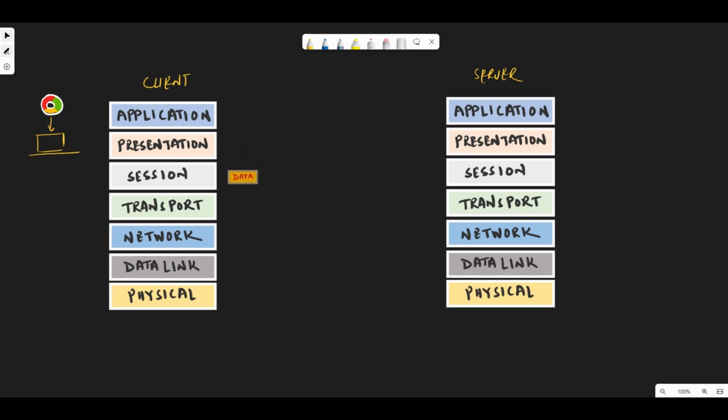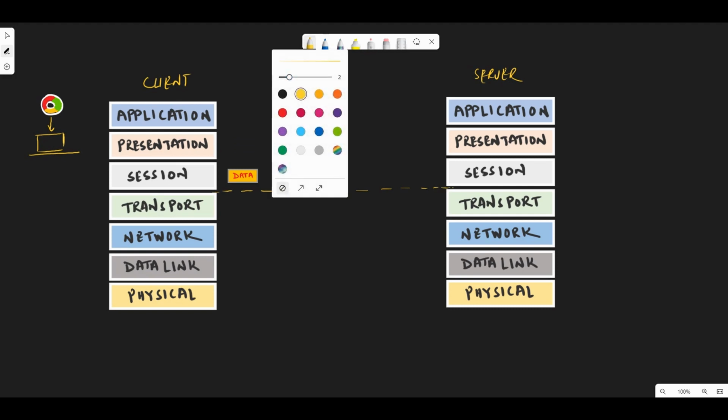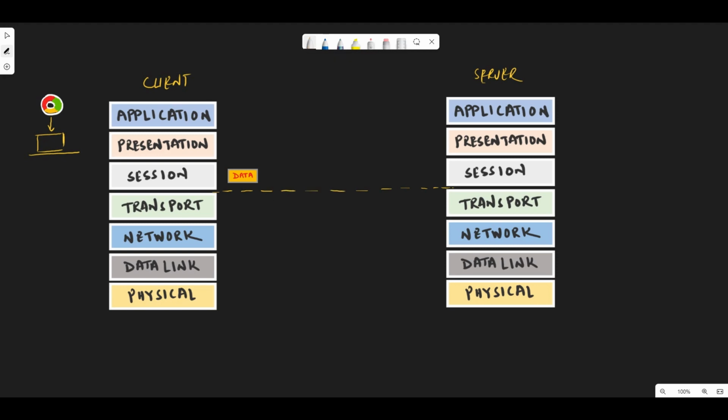So it will come to the session layer. In this session layer, what it does is create a session based on the unique values that we have: the source port, destination port, source IP, destination IP. Till this layer, what has happened is that we are sending data. Once it comes to the transport layer,